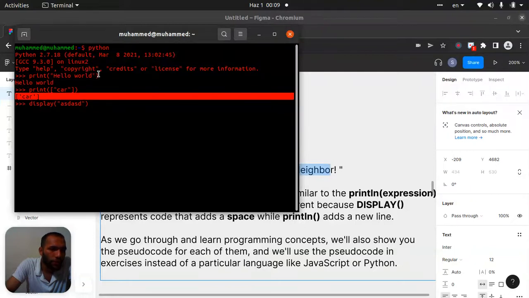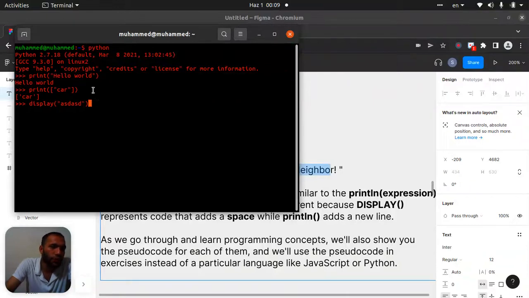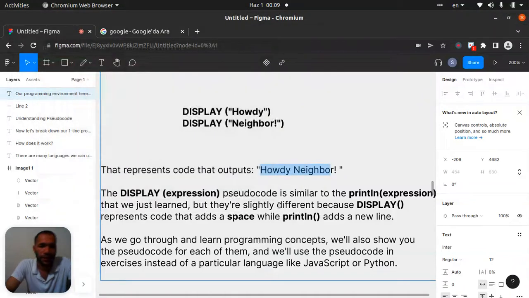It's two procedures, like functions, or the lines of code will output two lines. But here, with display, if we put another display down, it will give us one line. Anyway, it's something like that. I hope you get it.